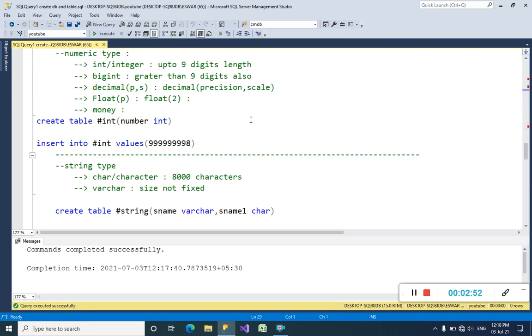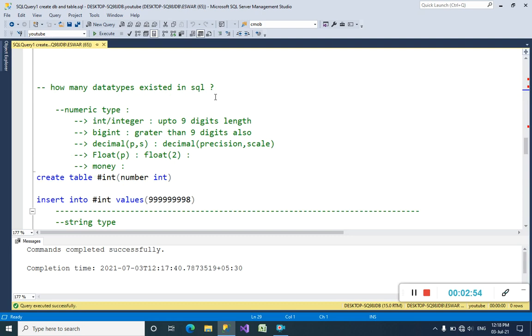Just see guys, before creating a table, I already told you, we must have knowledge of data types. Many data types exist in SQL Server, guys, and I don't want to tell you about all of them.